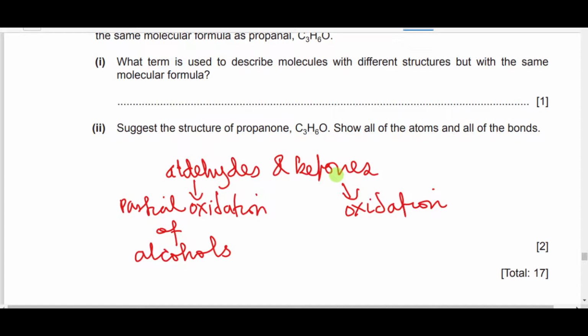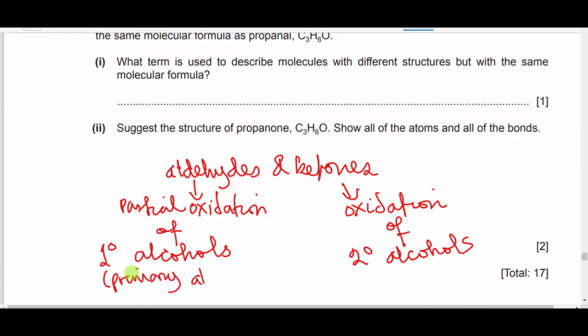Partial oxidation of primary alcohol. Sorry, this one will be obtained from oxidation of what? Secondary alcohols. So let me repeat. Aldehydes are obtained from the partial oxidation of primary alcohols, while ketones are obtained from the oxidation of what? Secondary